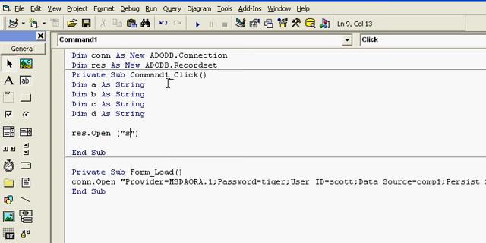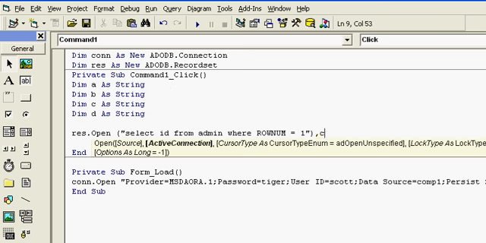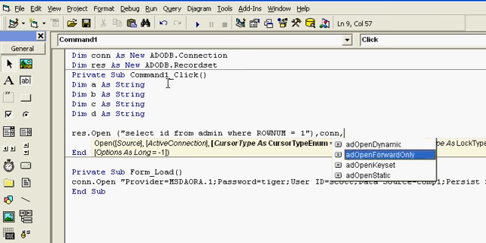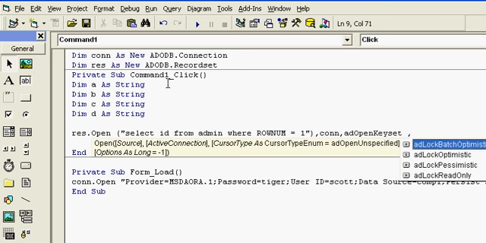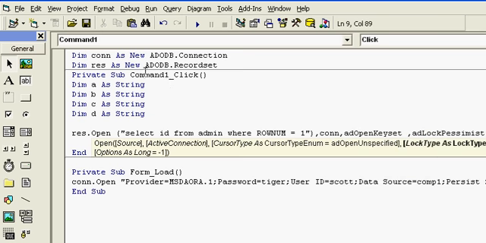Now here is the command recordset.Open. I will use the SQL code select ID from admin, and here we will select only the first record. So I will put where rownum equal to 1, and the connection name here con, and open keyset and lock pessimistic.